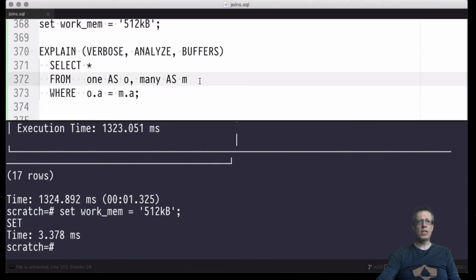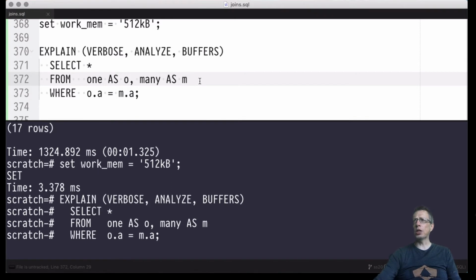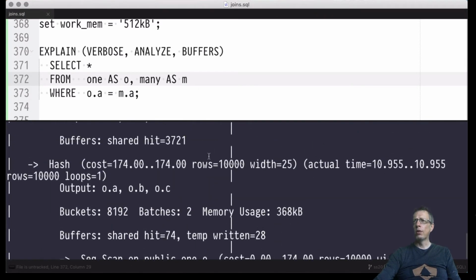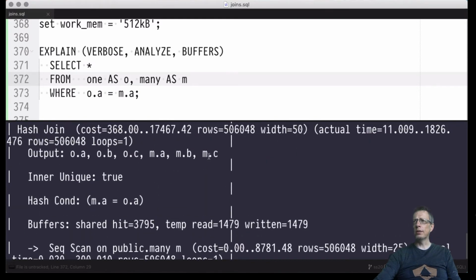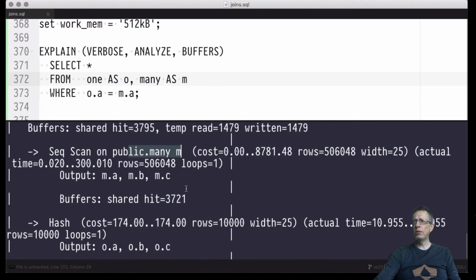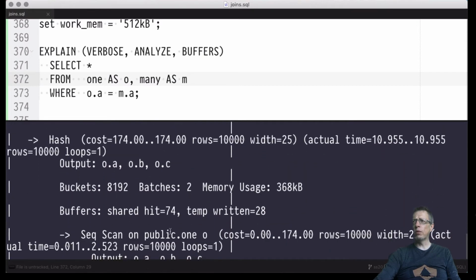Let's perform the same query again. Now we could start to see batching. All right, so this already took a bit longer. This is still a hash join based plan. All right, that looks okay to me. The decision to place many in the probe and to place one on the build side has not changed. But now the available memory space only admits the creation of hash buckets that have